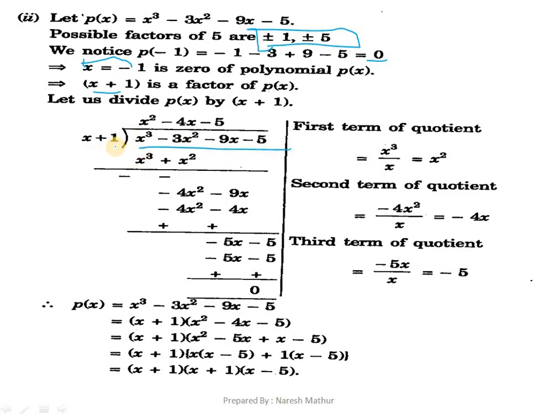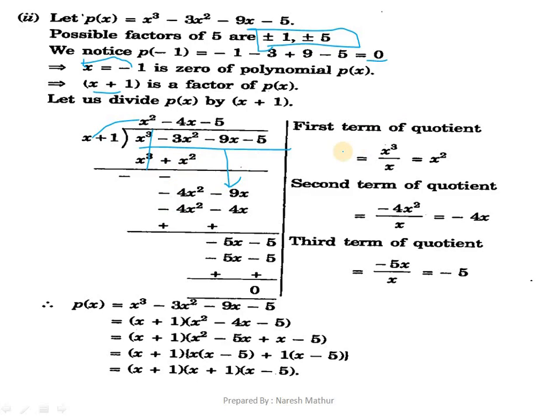Now just follow the same concept, x cube, and here we have x, so it should be multiplied with x square, so that we can get x cube. This x square will multiply with this one also, so positive x square. Change the symbol, cancelled out. Minus 3x square minus x square would be minus 4x square minus 9x.